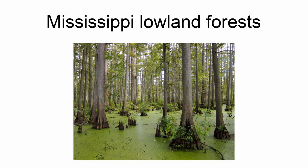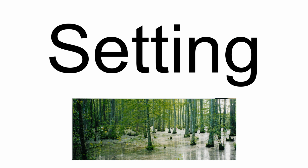The Mississippi lowland forests are a temperate broadleaf and mixed forest ecoregion in the eastern United States, covering an area of 112,300 square kilometers, 43,400 square miles. Located on the Mississippi alluvial plain from Louisiana north to the southern edge of Illinois, the original forest cover of the Mississippi lowland forests was primarily bottomland hardwood forests, often subject to seasonal flooding which dictates the growth rate and